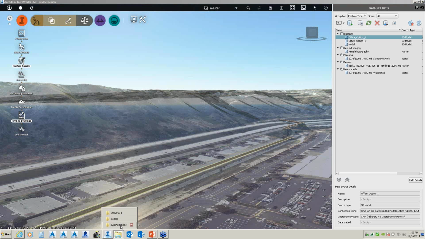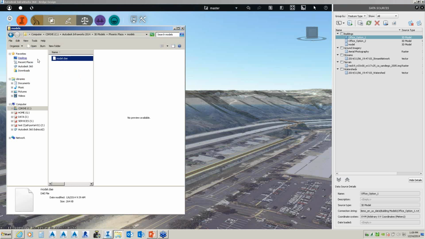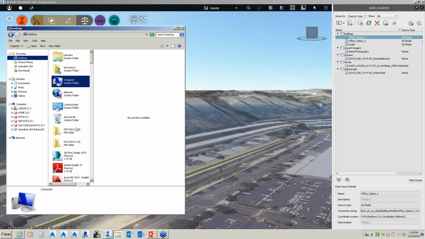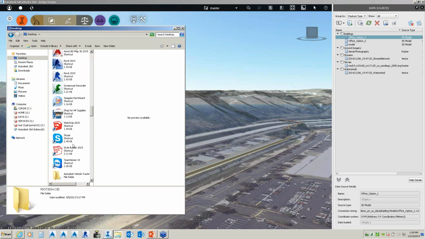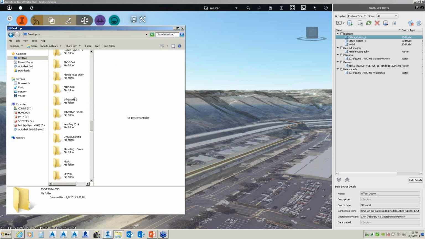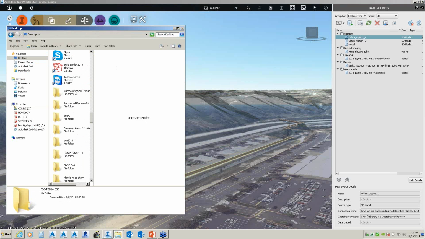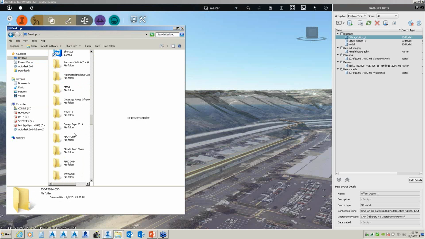So in the background of my road that I built, I created a road, and if we come in, I got my file here.